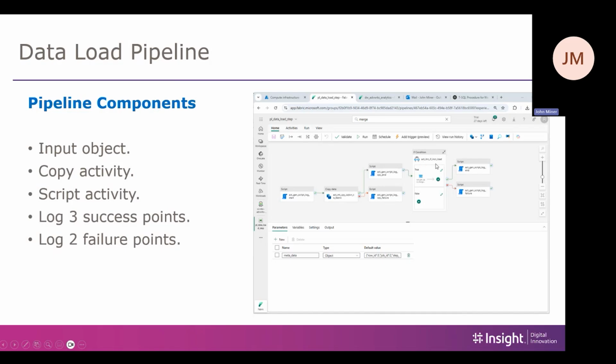Oh, by the way, if it's incremental, we have to run a piece of code afterwards, right? To go ahead and move it from that stage 0 and merge it into the raw zone. Okay, and then last but not least, again, failures or success, right? So 3 success points, which is a start, a finished copy, finished script, or 2 failures: failed on the copy,